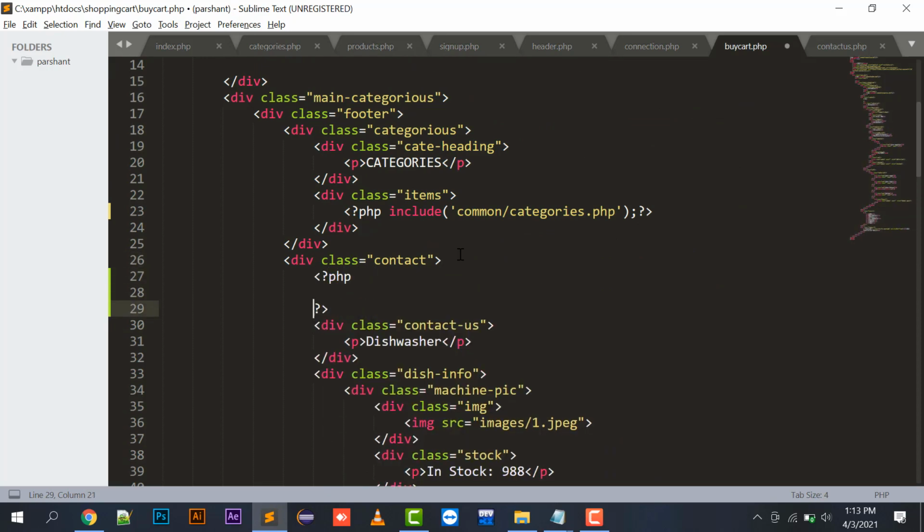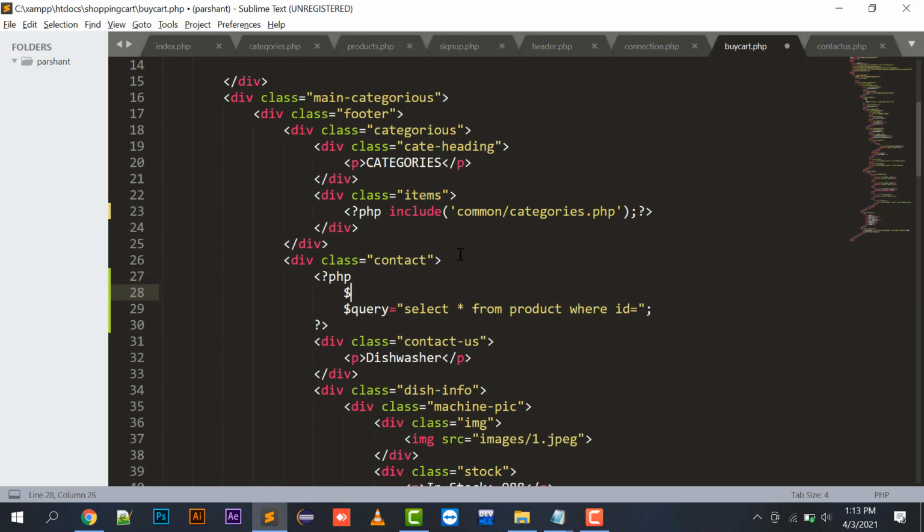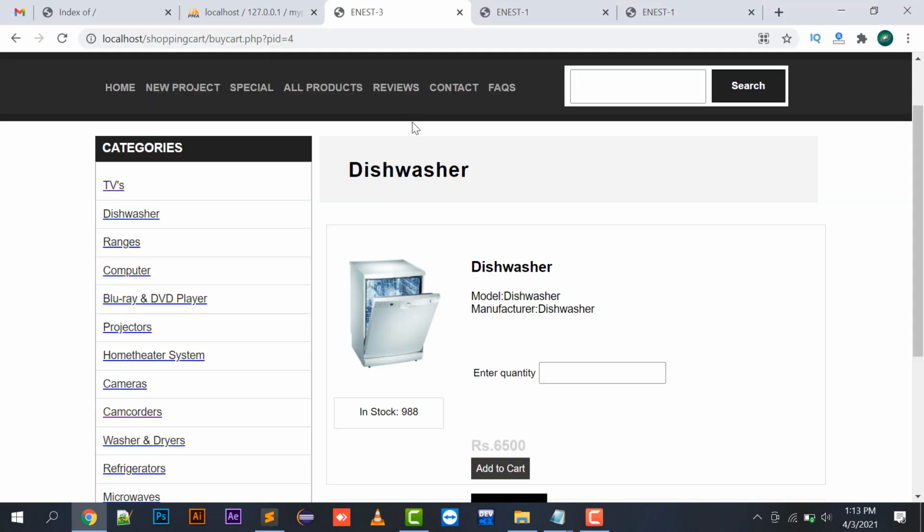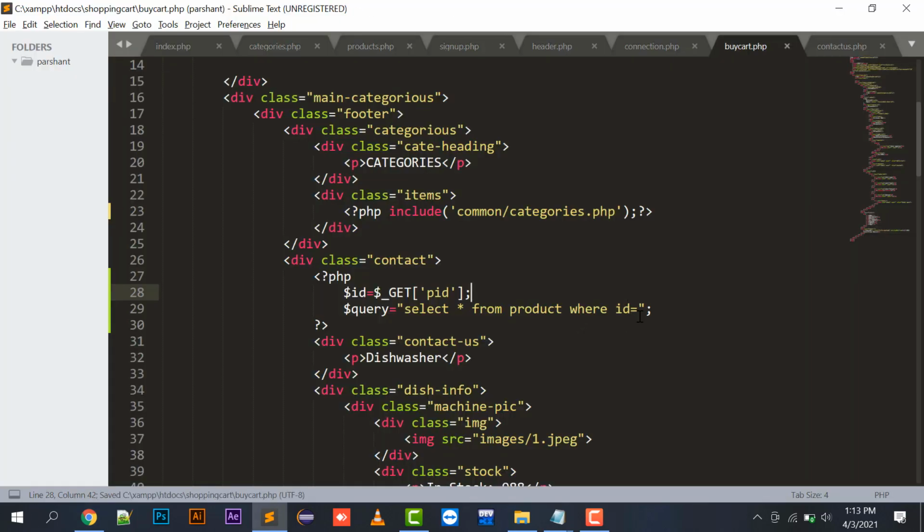So I will put PHP code over here, or I can put it at the top of the screen, because we are going to fetch only one product here, not every product. So select star from product table where ID equals, and I will put here $_GET['PID'], as PID is in my query string. Then result is mysqli_query. We have only one record because I have placed where ID equals to ID.